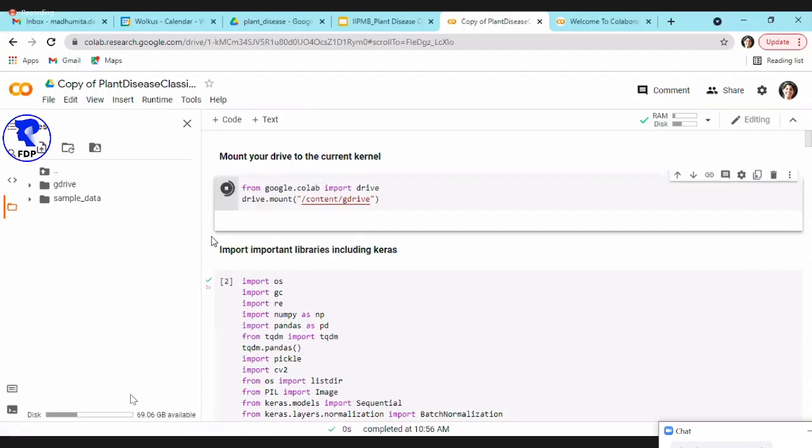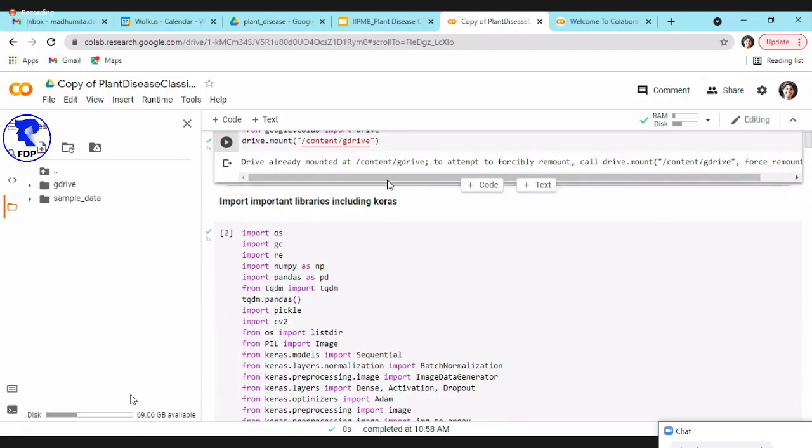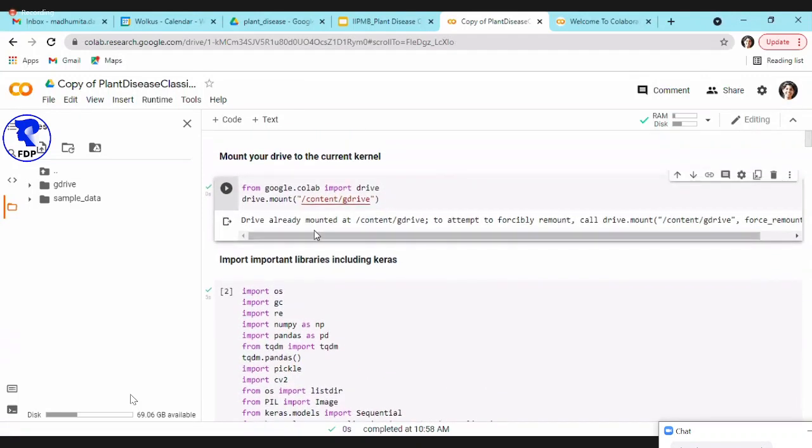So you click here. Okay, the drive is already mounted. I cannot redo it, but it will give you a URL here. Click on that URL, go to that link, sign into the same account that you're using for your Colab. Then it will give you an authorized code.